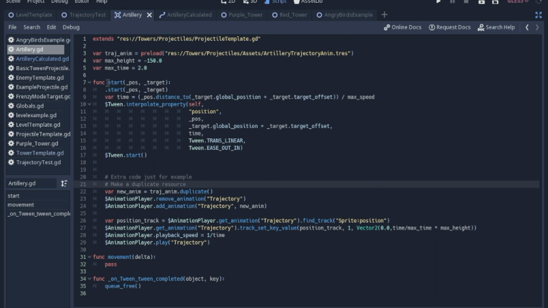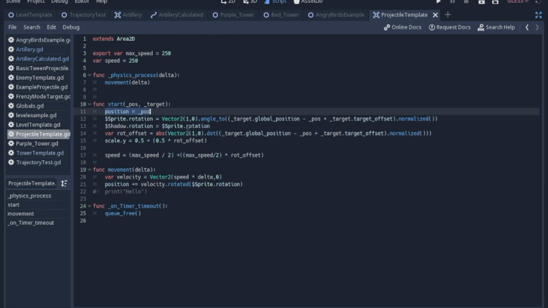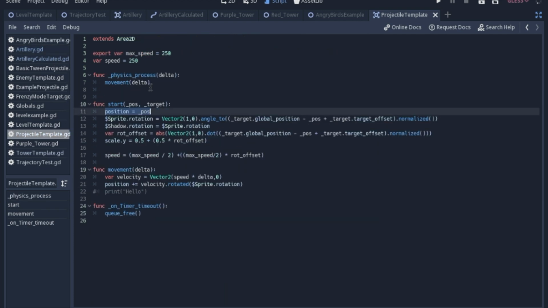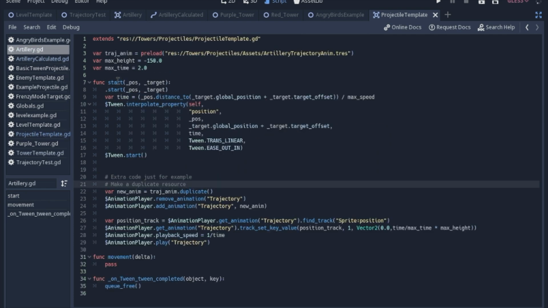And again, with the projectiles in my game, we have this start function. If you look at my previous videos, this is an inherited scene. So I have a start function in here that sets the rotation and the scale. I decided I wanted to keep those, and how you do that in Godot is you put dot start. So in an inherited scene, since I had a start function here, if I write a start function again, it will overwrite everything, but if you put dot start, it will run all of that code from the previous script. If that doesn't make sense, you should check out the other videos explaining the projectiles, because I explained that